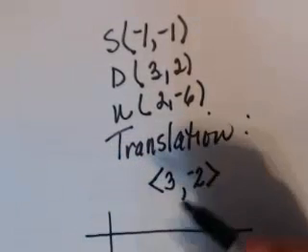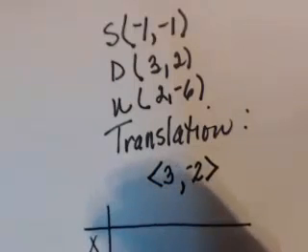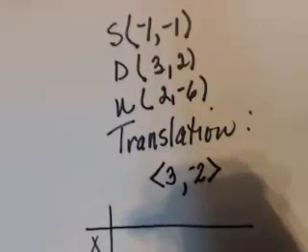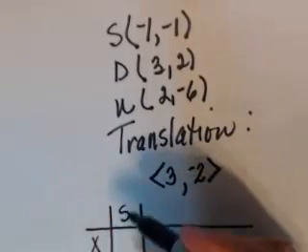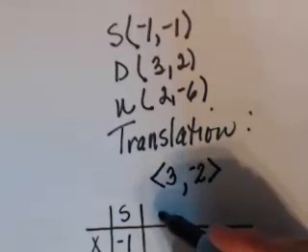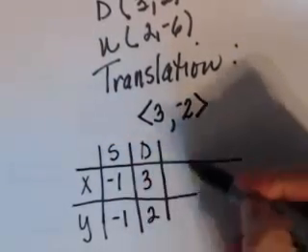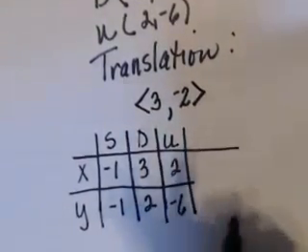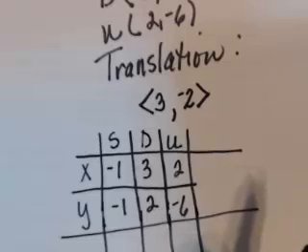Now when you're teaching students about translation, it often is helpful for you to set up a table where you list the x values and the y values for each ordered pair. So for point S, I have -1, -1, and for D, I have 3, 2, and for U, I have 2, -6. Now, the translated ordered pairs